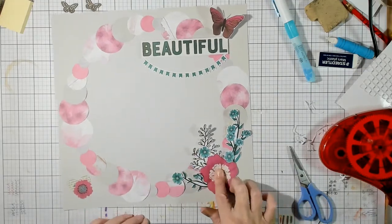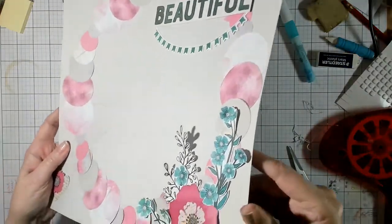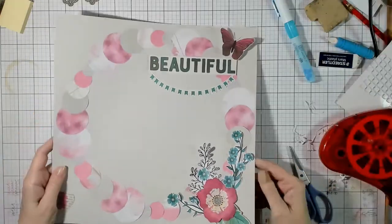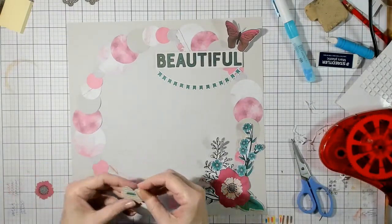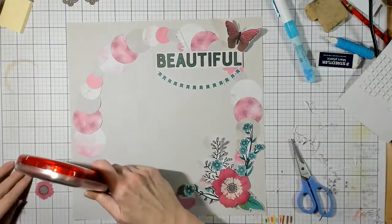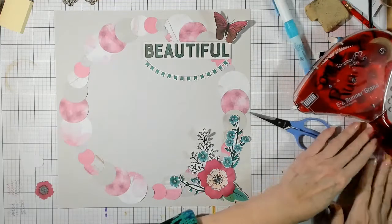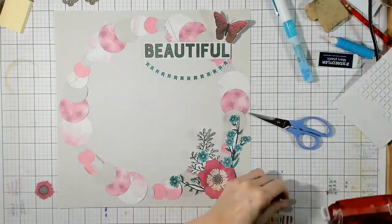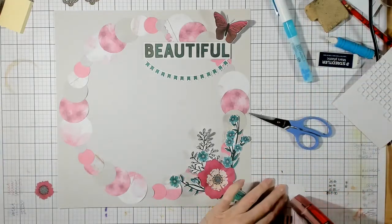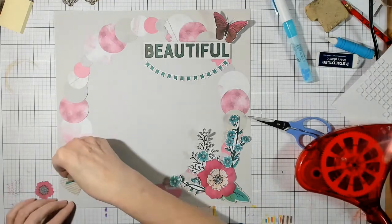There we go. And that's our corner. Now look how dimensional this page is just by doing that little bit of play with the flower. Now this guy here, I think I'm probably going to put some stickle or epoxy glue on that because it's just a little too flat, but I kind of like the idea of it. So I'm going to stick it down quite well because epoxy will make your paper